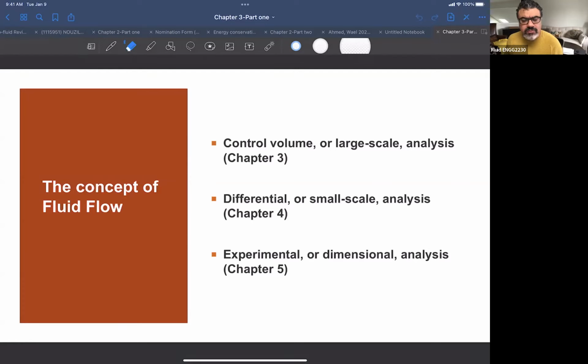And then in chapter 5, we are going to look at what type of application where it's very hard for us to do some analysis using an analytical model, or we are using what we call the one-dimensional analysis or the experimental method in order to verify the analytical solution. Or if we cannot solve the problems, we have to really change it in a way that we can do the analysis experimentally. Okay,